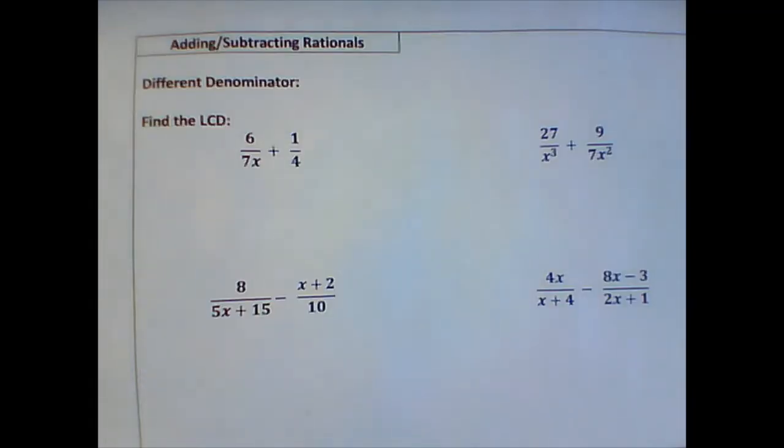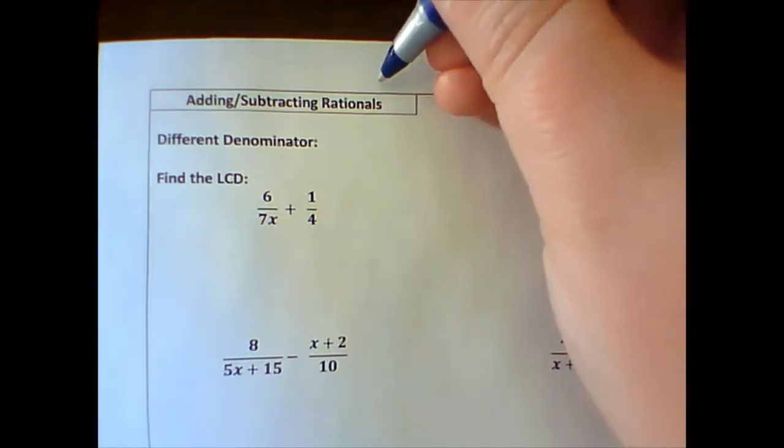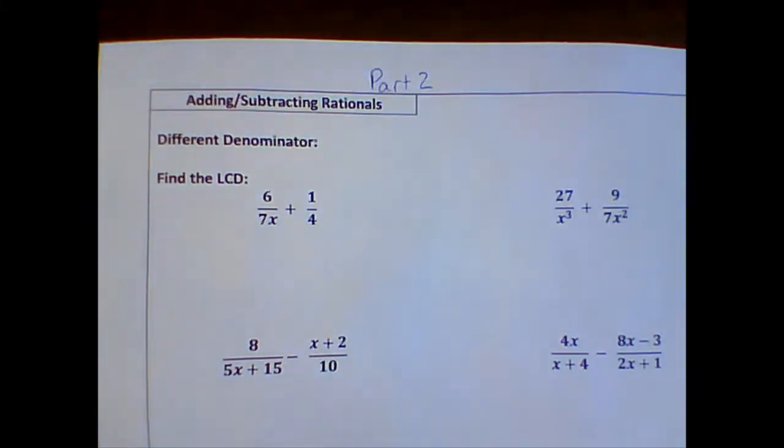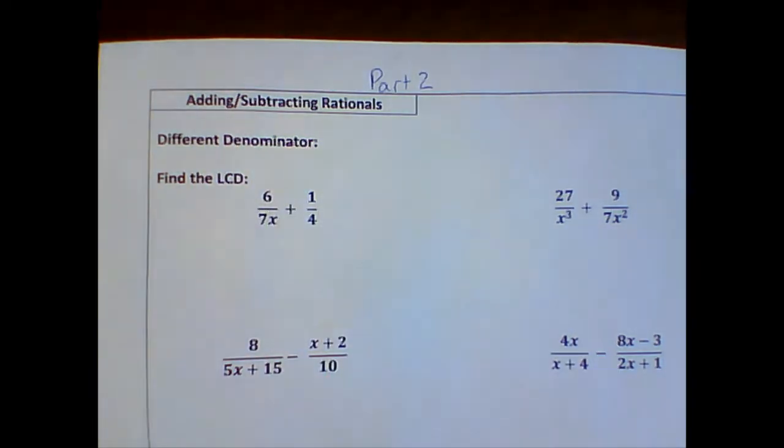Welcome back, math people. We are moving into part 2 of our adding and subtracting rationals. We'll even name it part 2. There we are. All right, today we're going to handle adding rationals that have different